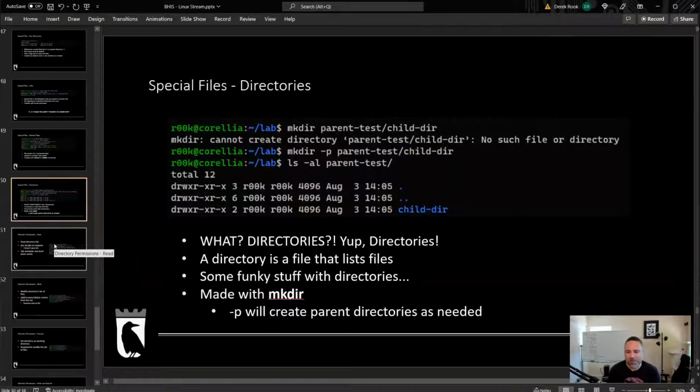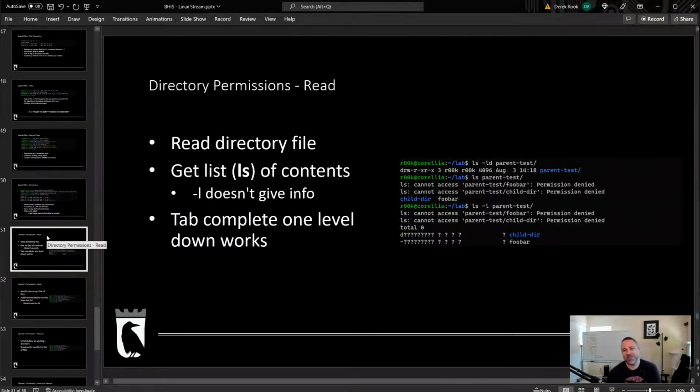The reason this distinction is important is because the permissions do things that you wouldn't really expect if you think about a directory like a folder. For instance, the read permission for a file or for a directory does not mean that you can just list everything.